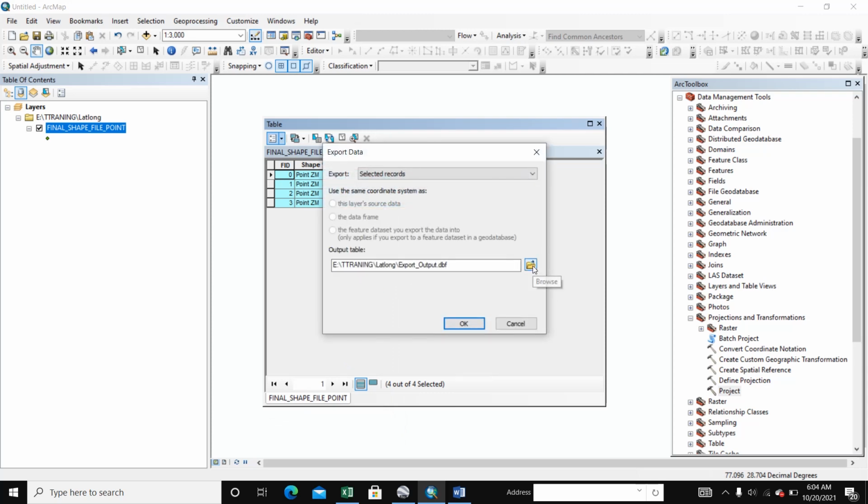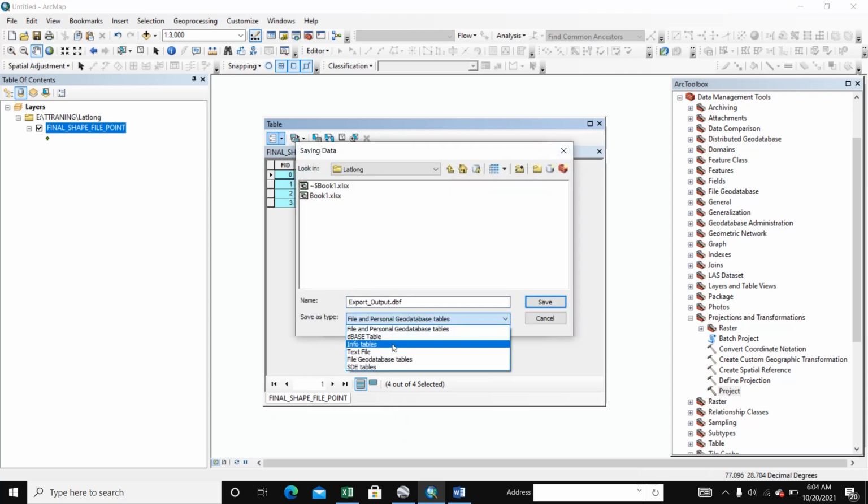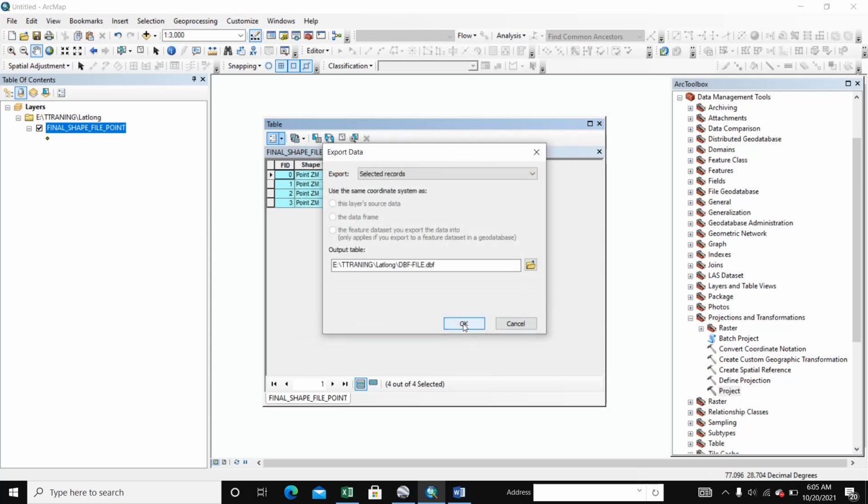Export in DBF. If you have multiple points, you can also export directly to Excel. So we select the file name and save.